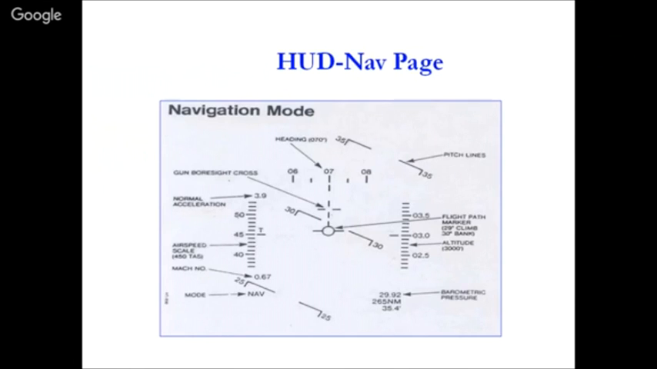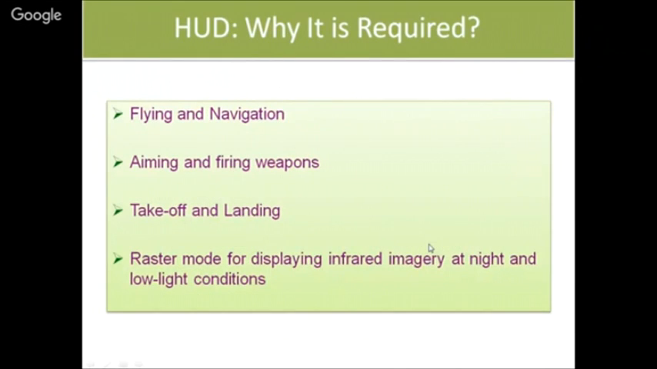Then you have this Mach number. Okay. So this Mach number is basically the speed. Mach speed is basically the speed of sound. So if the speed is more than 1, it is supersonic. If it is more than 5, it is hypersonic. If it is less than 1, it is subsonic. Then here this 3.9 is the acceleration. You have pressure readings, then flight path markers, altitude levels,